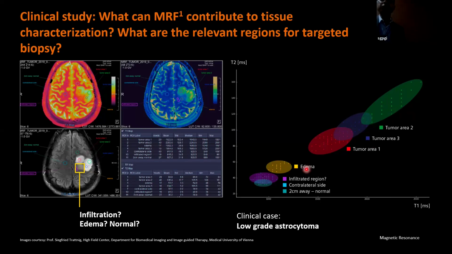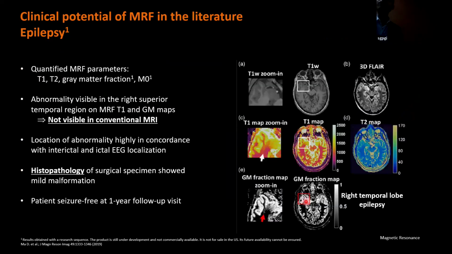So if an ROI is placed in a cellular part of the tumor versus a necrotic part, versus a tumor-adjacent part with some edema, or versus normal-appearing ipsilateral and contralateral tissue, it is able to distinguish among the tissues as well. There has been a lot of work done by different universities and research scholars, and this is one such study where the quantified MRF parameters of T1, T2, gray matter fraction, as well as